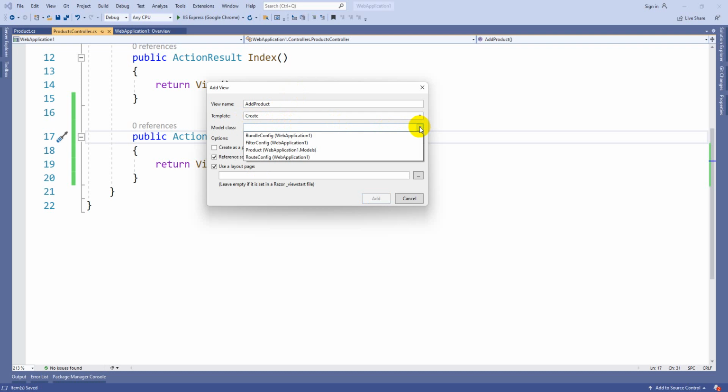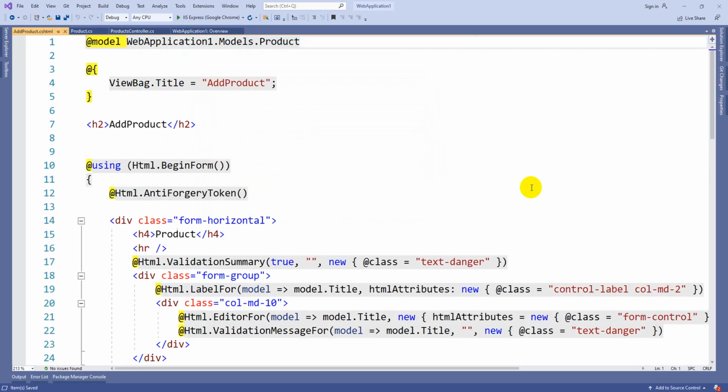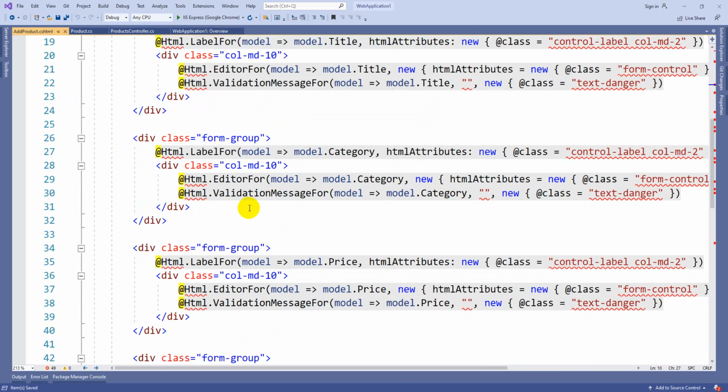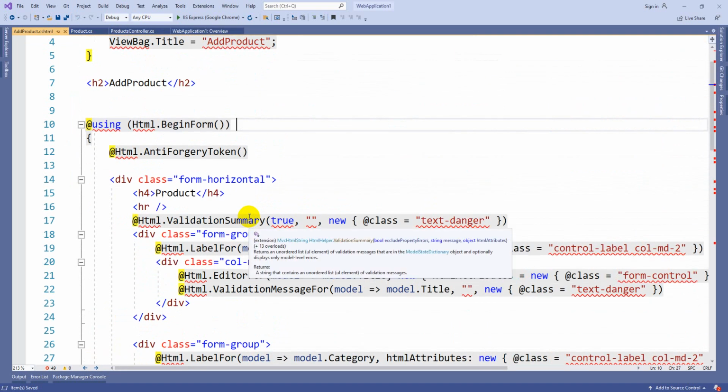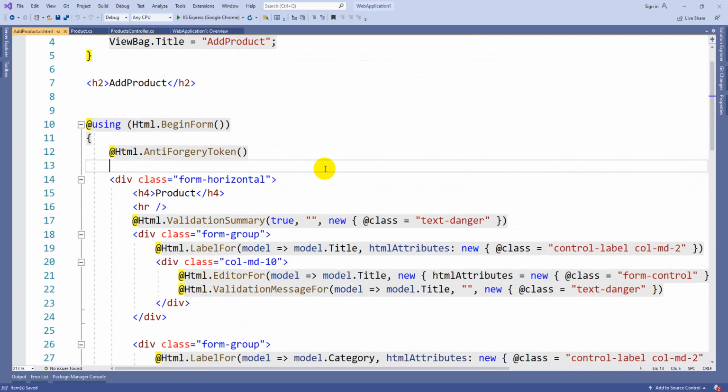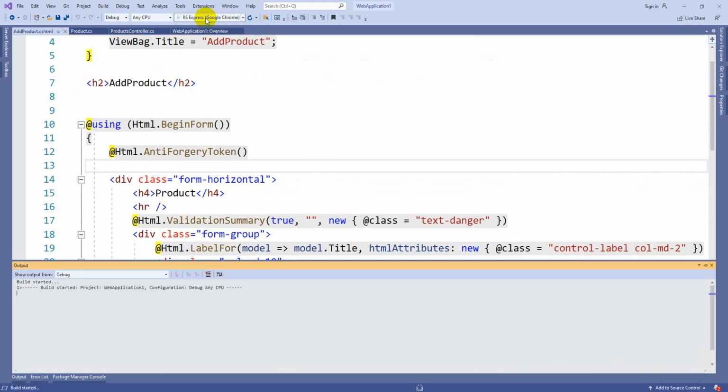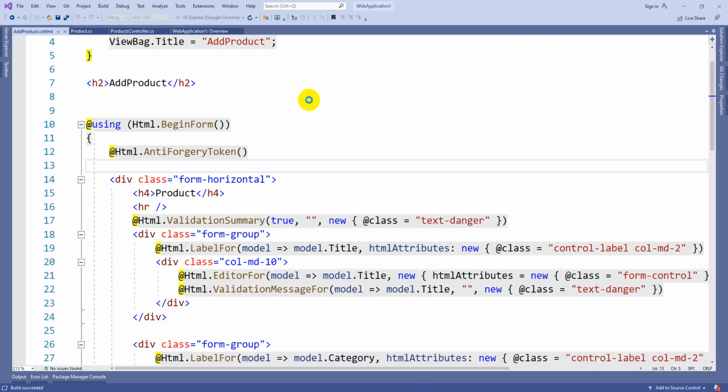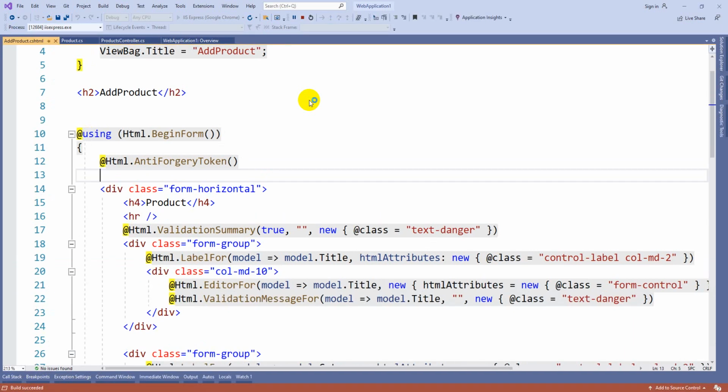Here you select the model. The model is nothing but the class which contains the list of properties, and that is the Product class I created. You can keep these two options enabled. After that click OK. Now, without writing a single line of HTML code, the system is going to create a view which contains all the attributes of the particular class we selected. Now let me simply execute and show you what was created by using this model option, creating a view from the model.